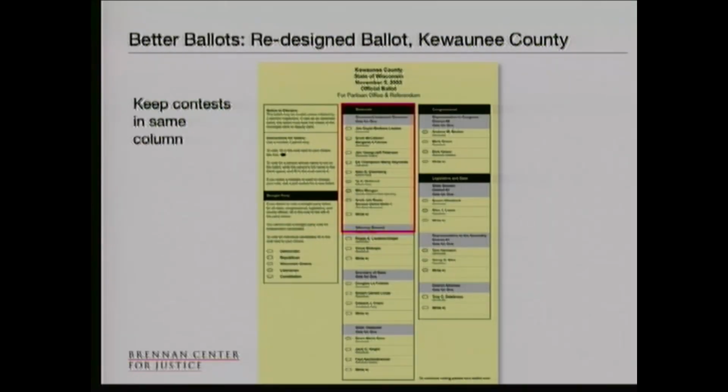But election officials abhor a void, and it really wigs them out to leave that white space there. Because you want to jam as much on a piece of paper as you possibly can, because it costs so much to do printing and processing. But these kinds of things are not